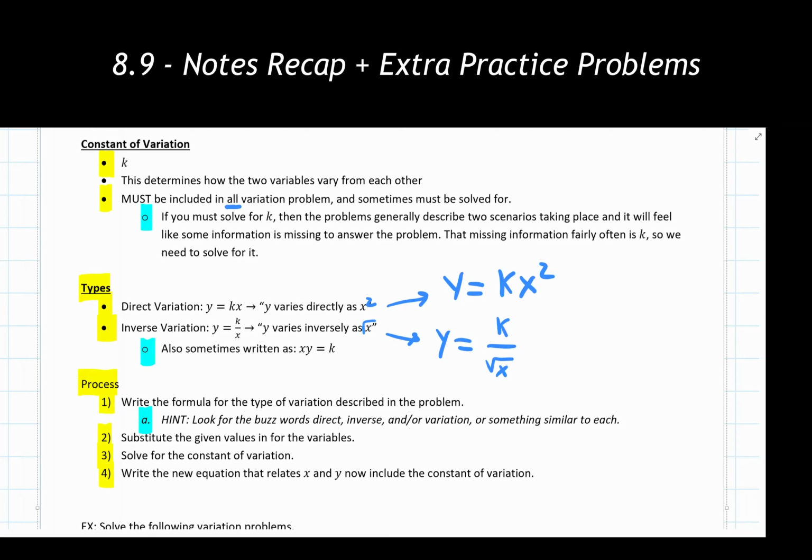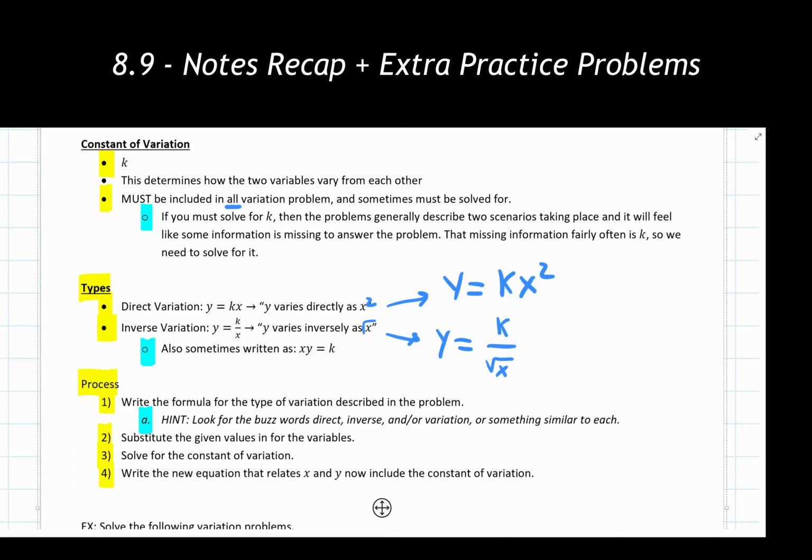So a quick summary of our direct and inverse variation problems can be seen here. Again, I would highly recommend that we take note of our main types of variation that we will be seeing and our process that we have written here. If you follow this process, it doesn't matter what kind of a problem you've been given, whether it be like the 4 examples we went through or any type of story problem.